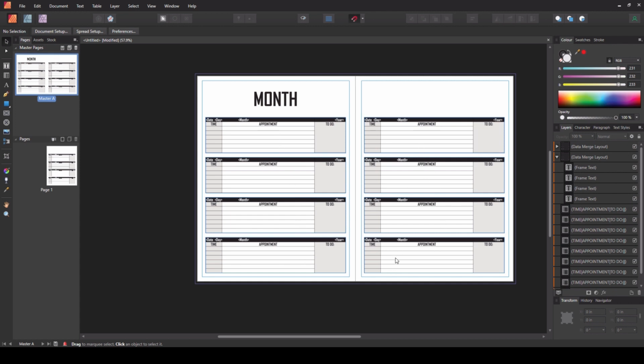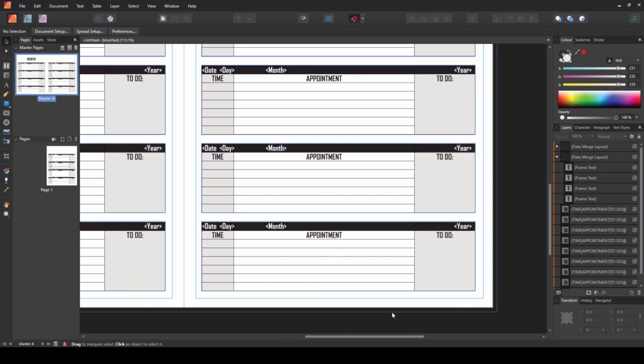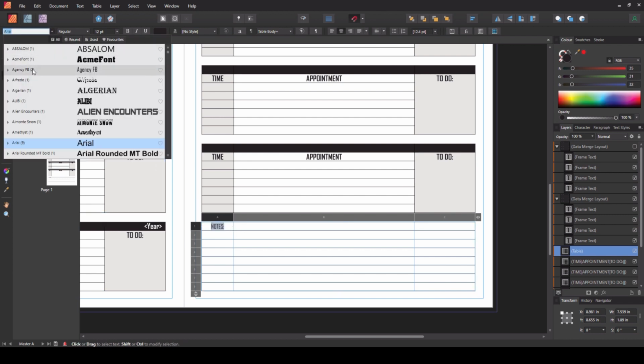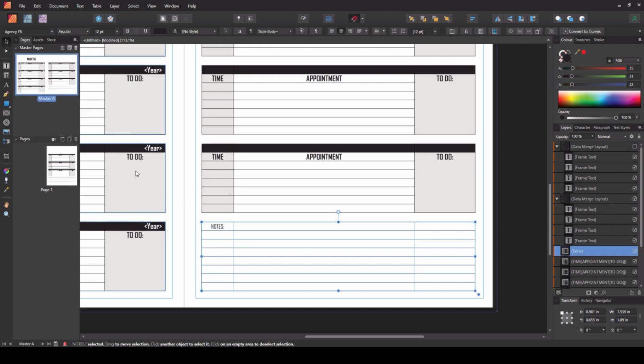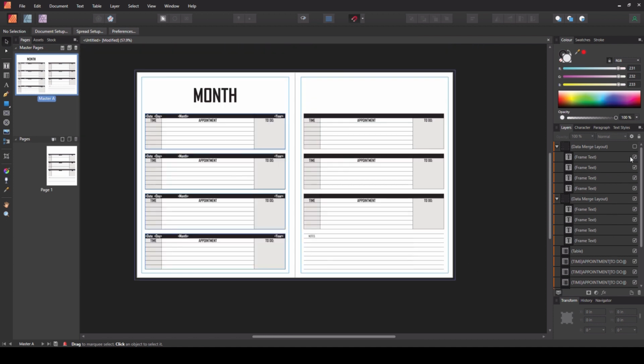You'll notice every 8th entry on that sheet I showed at the beginning was blank for notes. So even though this says date, day, month, year, nothing will appear because all those fields were blank. And because this is going to be a notes section, we do need to make a couple of adjustments to it. There we go, so that's the basic layout